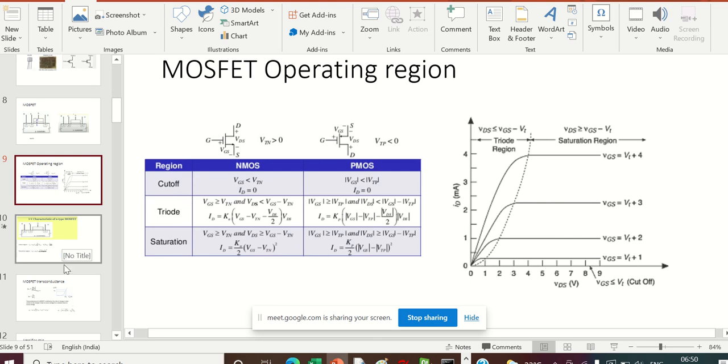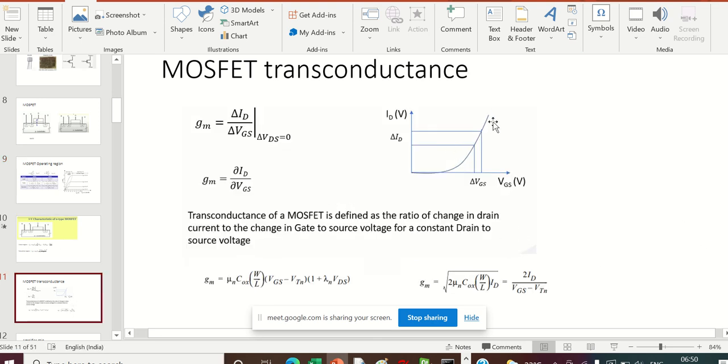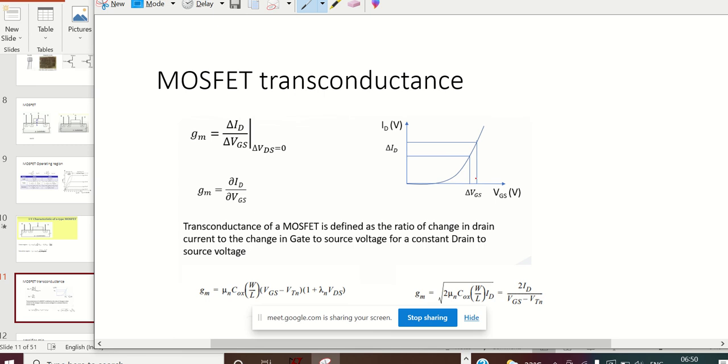In this graph, we are keeping VDS constant and then varying VGS. Then you will get this kind of graph. What we see is that for a small change in VGS, we get a bigger change in current. See this small change here, this is very small, no? This is big. So that is transconductance. There is some amplification kind of thing: you did a small change, and if you get a bigger change, that is good.